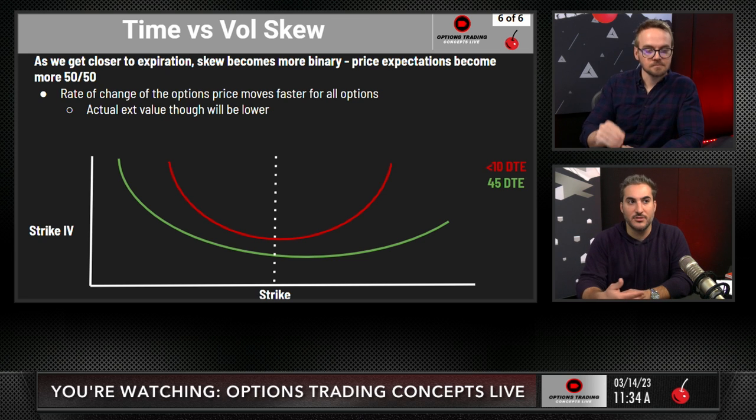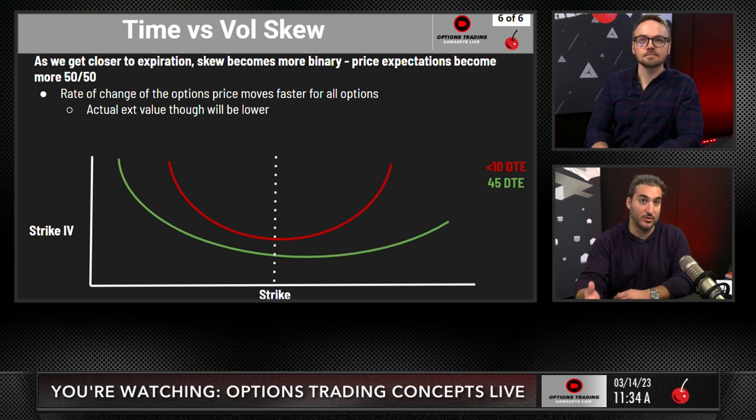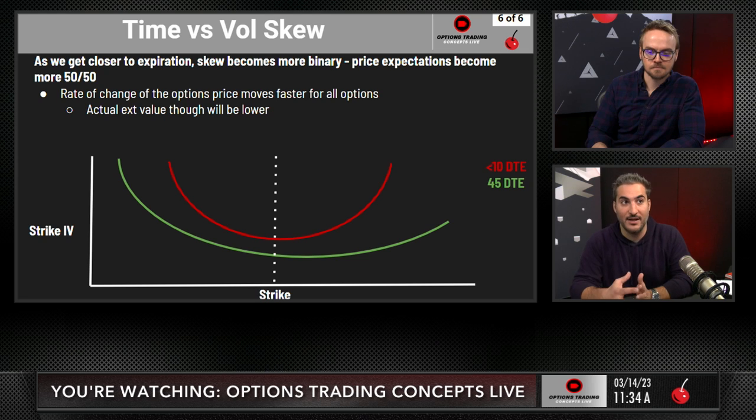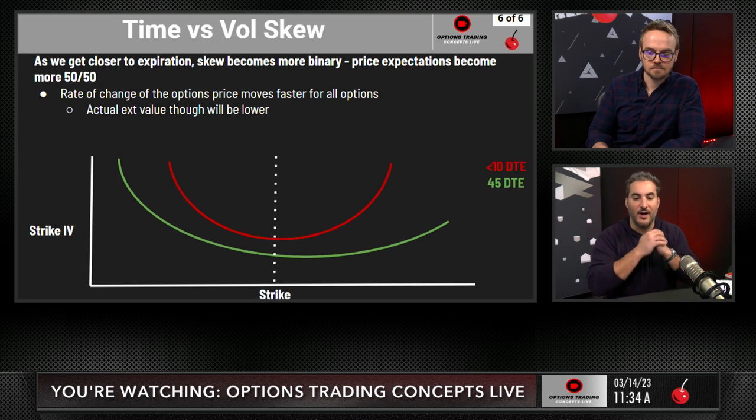So as you get closer to expiration, you're not going to see the same sort of shape of per strike volatility, and really the skew as an effect won't be as great because the